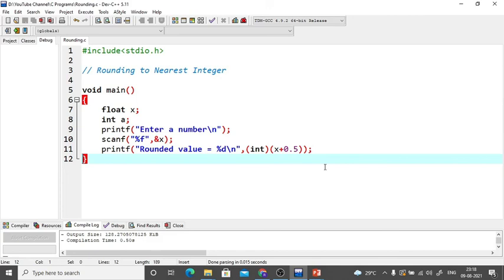So it was a beautiful logic which was taught by our teacher to us, and I'm just following it, or rather spreading it to you all. It's a wonderful logic where just by adding 0.5 and applying the typecasting, we'll be able to get the actual rounding. Okay, so this is not an example of if. My purpose was to give you the example of if which I gave you with the earlier logic. I hope you understood that. And this was just because it's a very interesting and simplified logic, so I had given you this one as well.